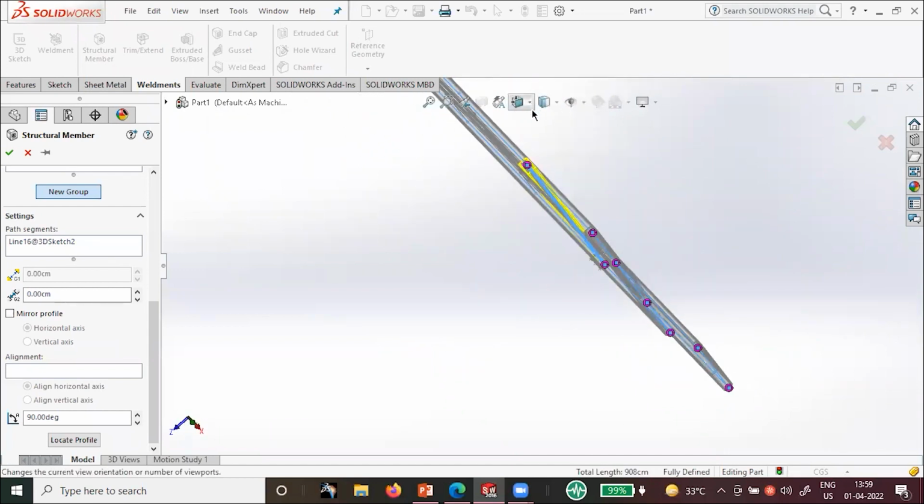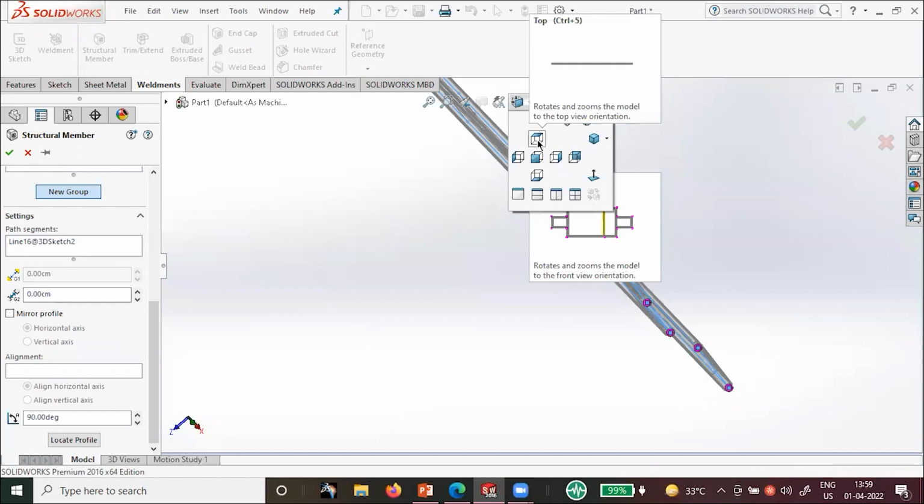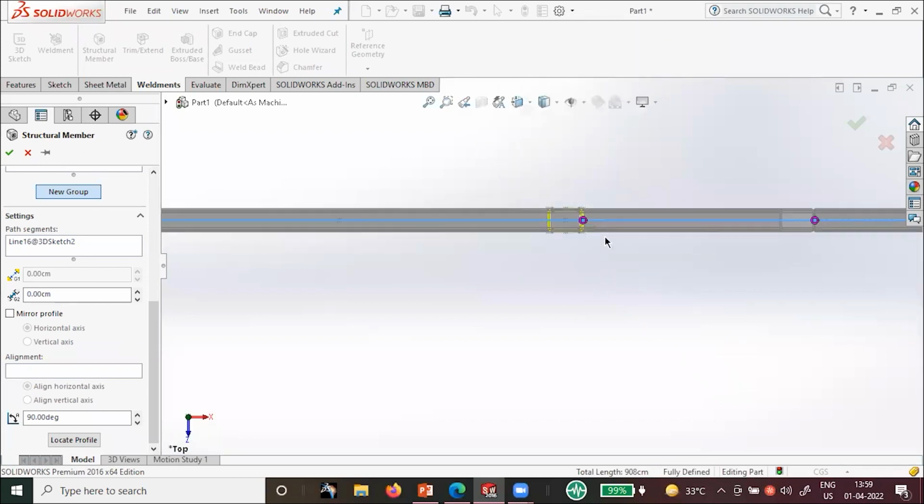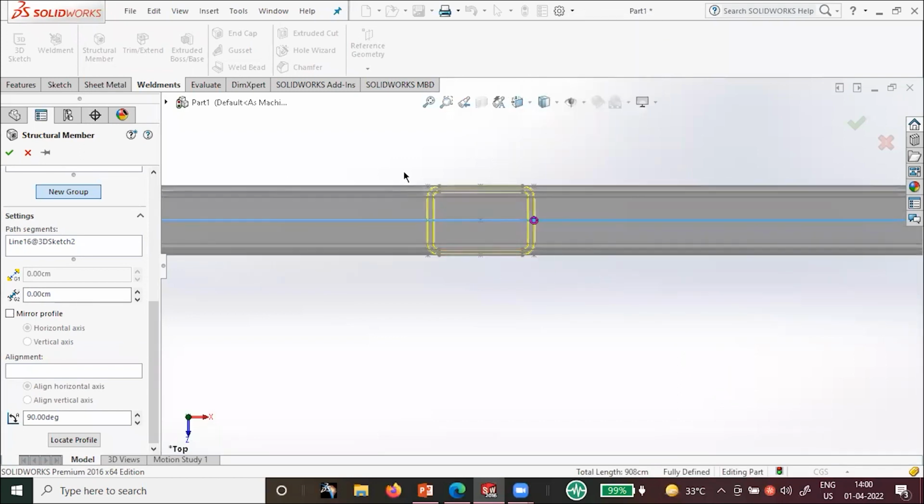Again, I'm just giving this view, this view, and now as you can see, is there any overlap portion? No, it's linked properly. So according to your requirement, you can relocate the position, you can change the alignment, you can give the rotation. Next,